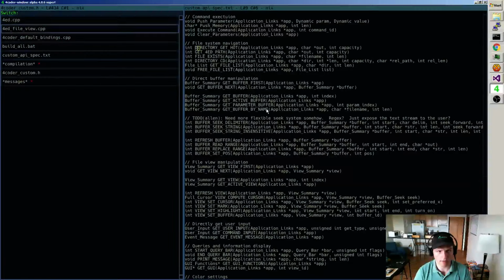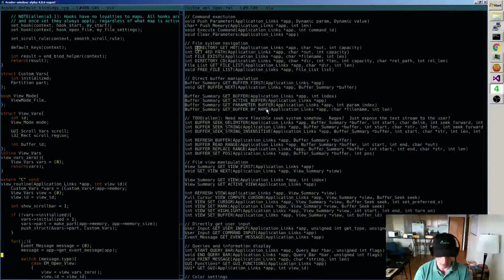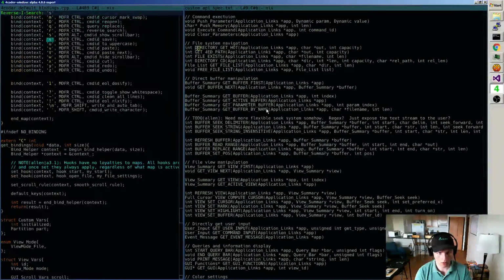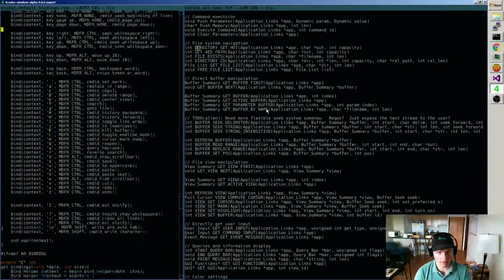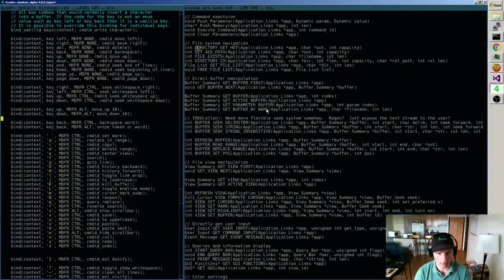Let me go to bindings. Save. I had at one point defined this as a little helper. What does that do? Ah, that's cool.